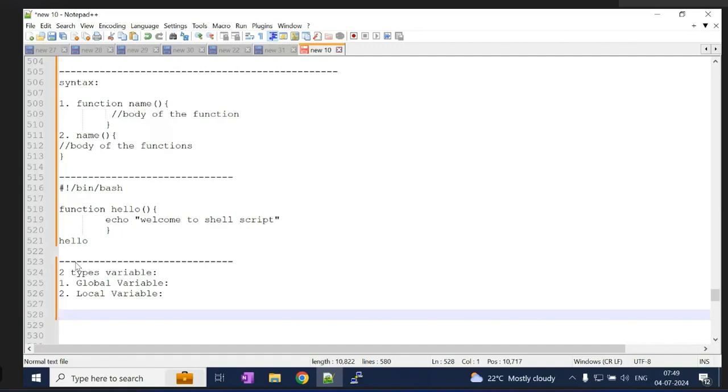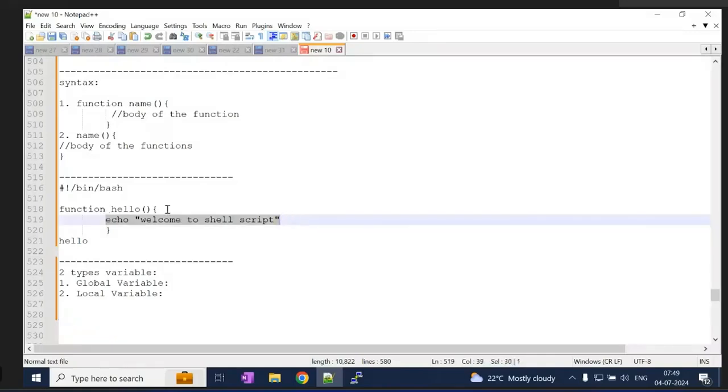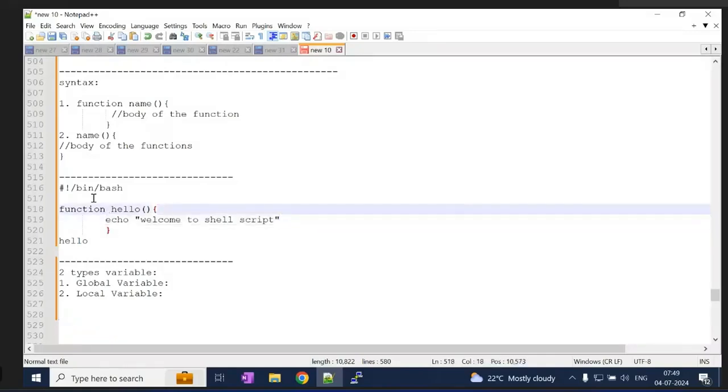The global variable will be used throughout the program. Suppose you have declared outside of this function. Suppose if you declared inside this function, it will be considered as the local variable. Then it will be usable only inside this function, so you can't access it outside.